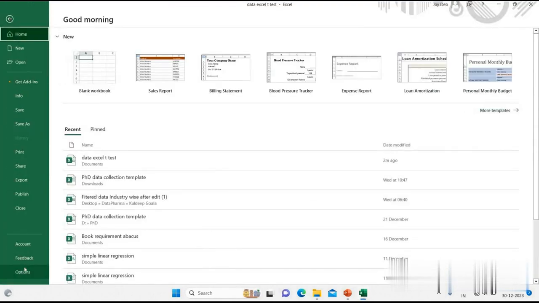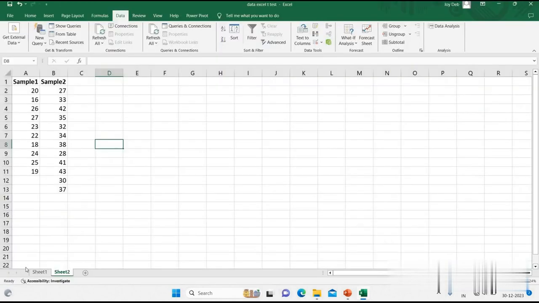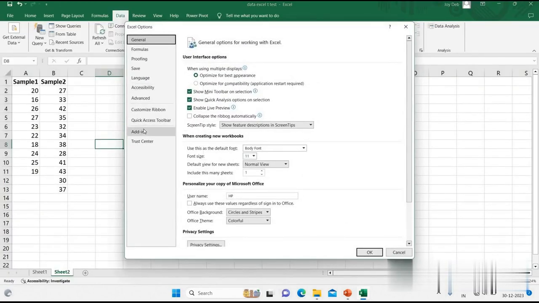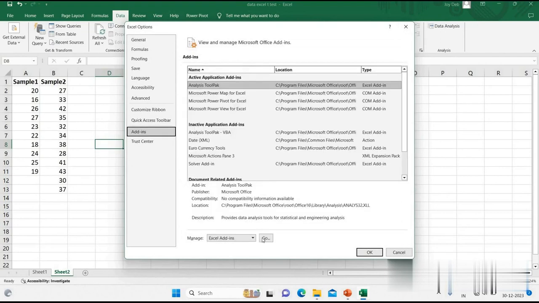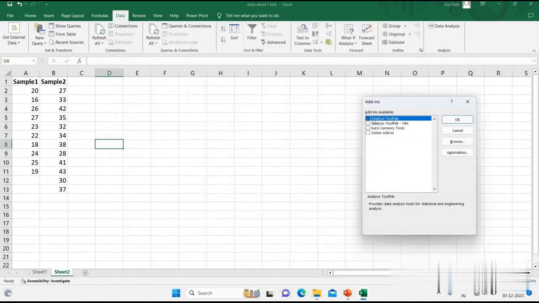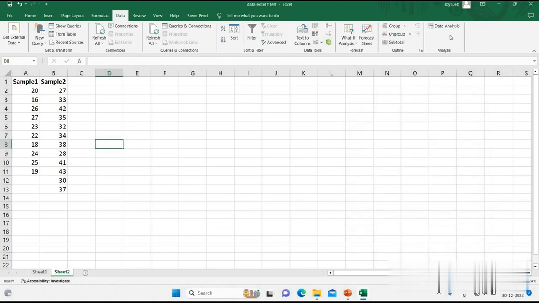Go to File and click on Options. Now click on Add-ins and click on Go. Here you can see that there is a Data Analysis ToolPak. I have already checked this. If you don't have the Data Analysis ToolPak in your Excel, please check this and click OK. Then you can see that there is a Data Analysis ToolPak. So now I click on the Data Analysis ToolPak